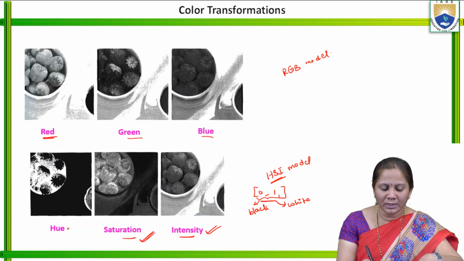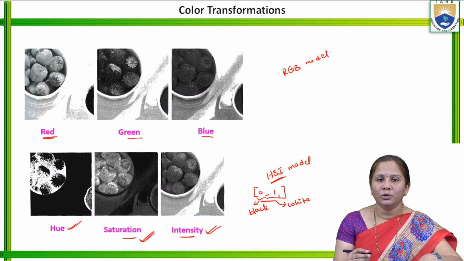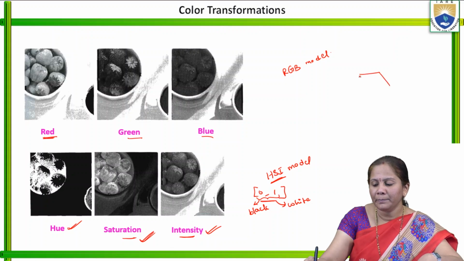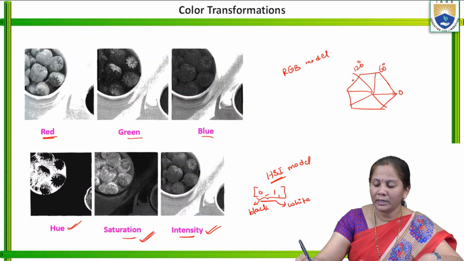Next, let us talk about this hue. Generally, to implement this hue is very difficult due to some discontinuities in the image. What are the reasons for the discontinuity? We have seen representing hue by considering the example of a pentagon-like structure, where we measure the angle from 0, and each is differentiated by an angle of 60 degrees. So this is 0, 60, 120,